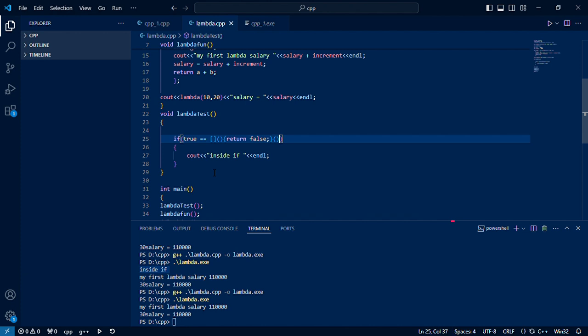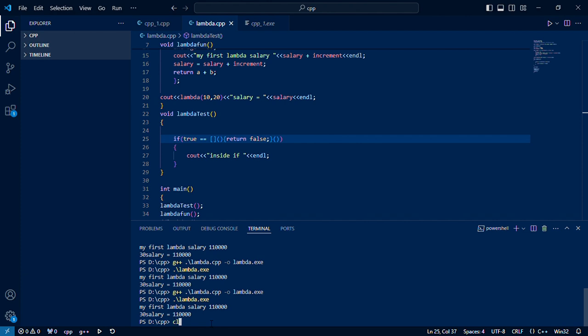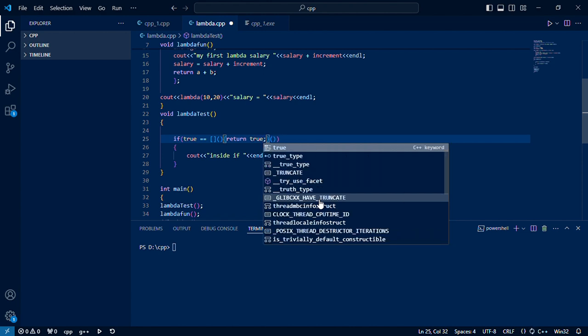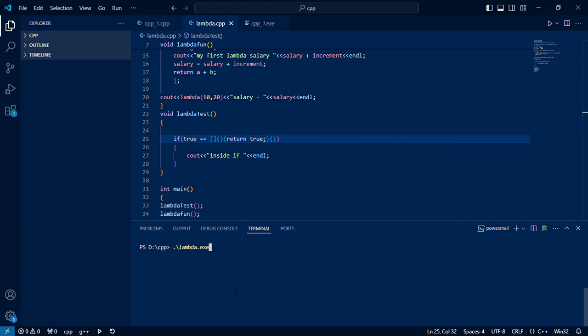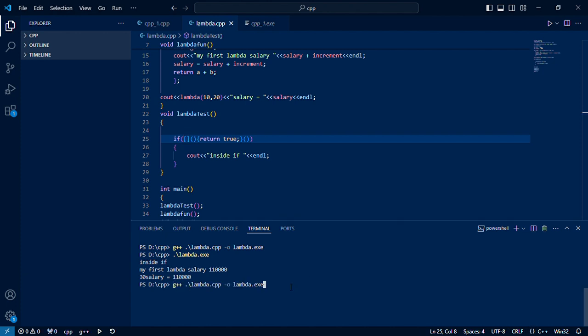Now let us execute this. Yeah, this will give the same impact as what we got earlier. See, this time also lambda is not called. So let us change it into true now. True. And let's execute it. See, now it's supposed to go inside the if, right? Now you remove this part, it's not required. If it is true, then we can call this lambda and it will be inside if. So that is how we will be able to write a self-callable lambda function